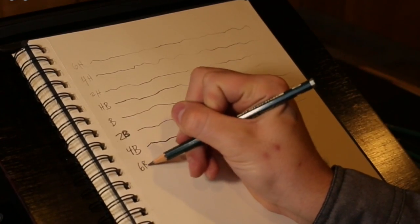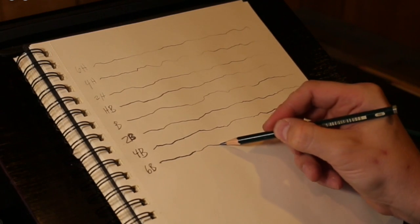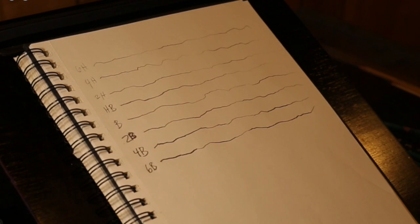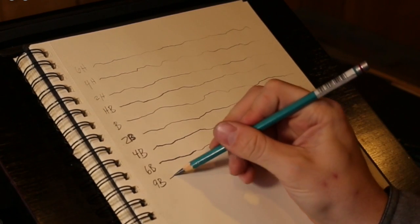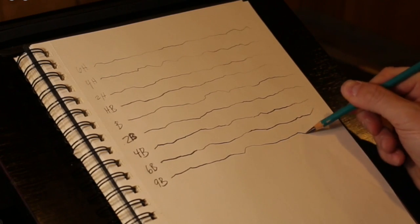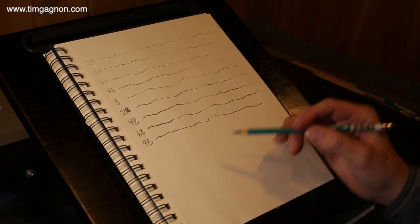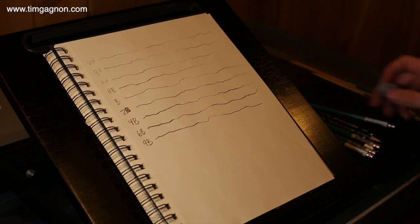Okay, and then we've got 6B. And then we'll jump right up to a 9B. So practice that pressure. You want to have some darkness, some lightness. See what it feels like to have your pencil kind of come off the paper a little bit to make those thinner lines. Next, what I want to do is take my eraser,